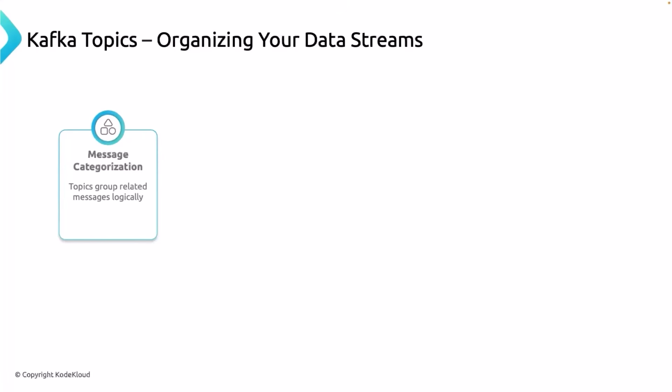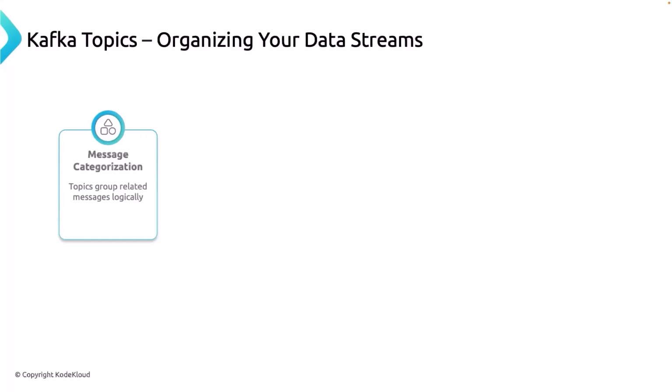Kafka doesn't impose a hard limit on the number of topics you have, but there are practical limits based on your cluster resources. For example, each topic creates metadata overhead. So, if you have tens of thousands of topics, you might need to tweak settings on your brokers to handle the load efficiently. With messages neatly categorized, let us explore what makes Kafka topics so reliable for processing those messages